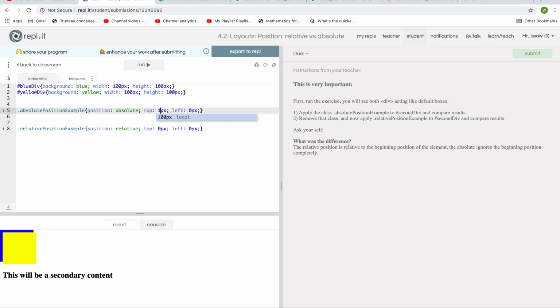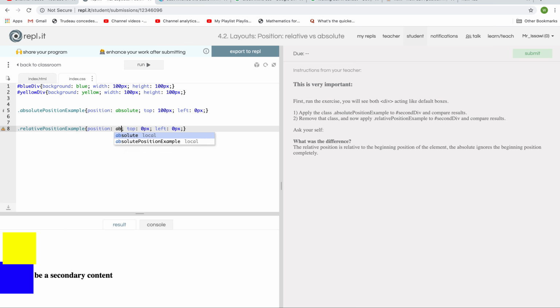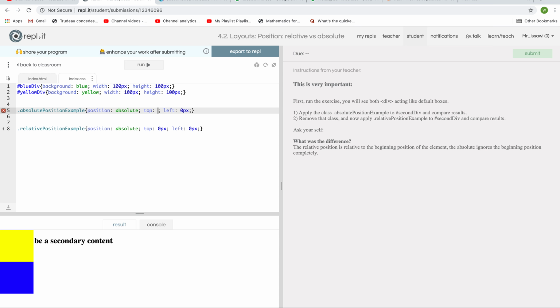If I say 100 from the top, well, it's just 100 all the way down. And yellow, the second div, hasn't moved anywhere. It's right there in position of the page. That's where it's supposed to be. If I change this yellow to absolute, which is kind of silly, what happened now? Let's move that. That's 100 pixels. So the yellow was